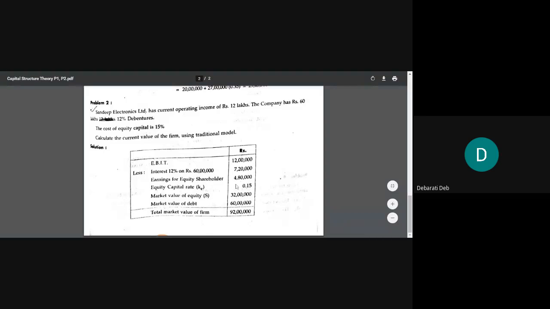So quickly form this table of two columns. First column will be particulars column, and second column will be amount column. Make a table having two columns. First column will be a little broader one, name it as particulars. Second column will be a narrower one, name it as amount or rupees column.